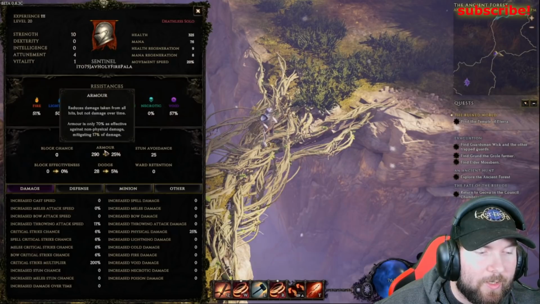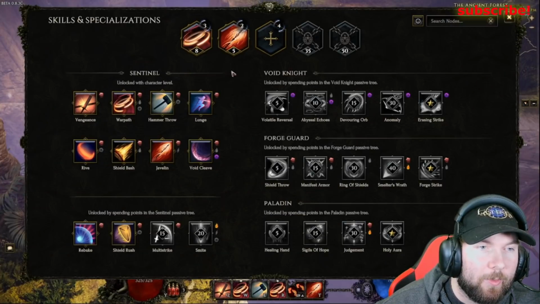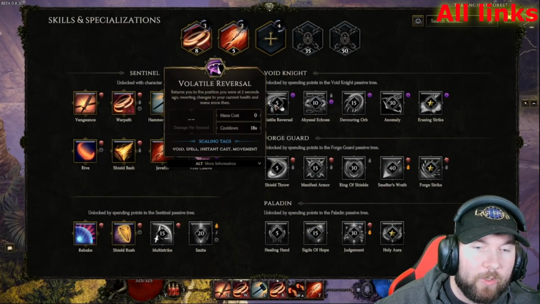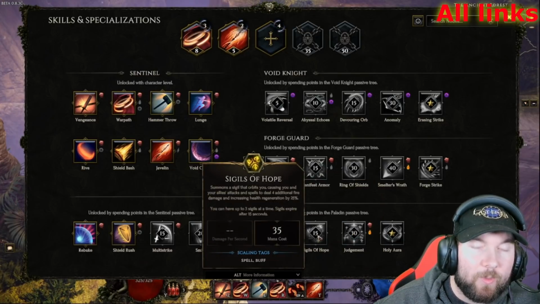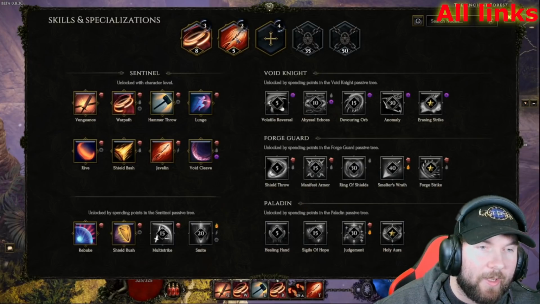We got about 25% armor, still not stacking much damage, but it is time to do a bunch of respecking with our skills. So since the main skills that we want in this build, we're going to be going for Volatile Reversal, Abyssal Echoes, we want Holy Aura, and we also want Sigils of Hope. They're all still locked, so we're going to be doing a lot of respecking later, but we do finally have